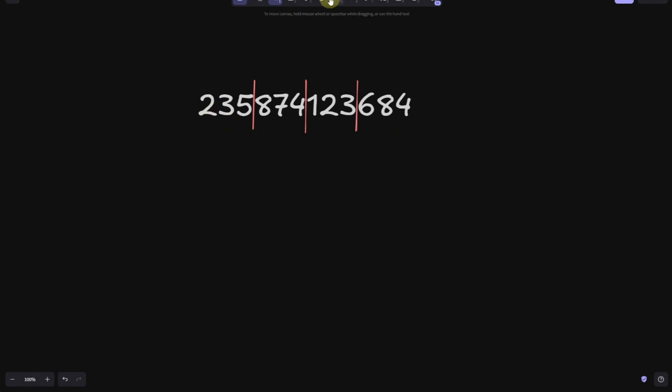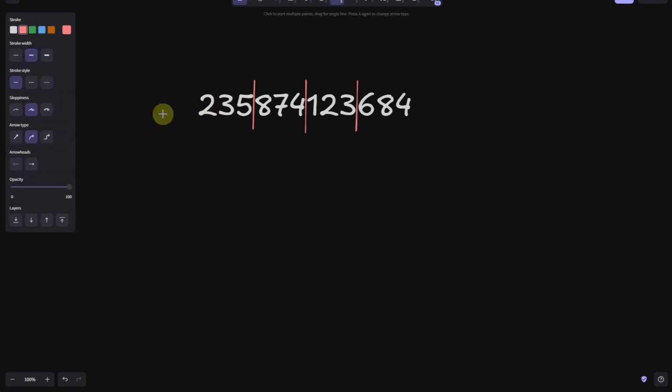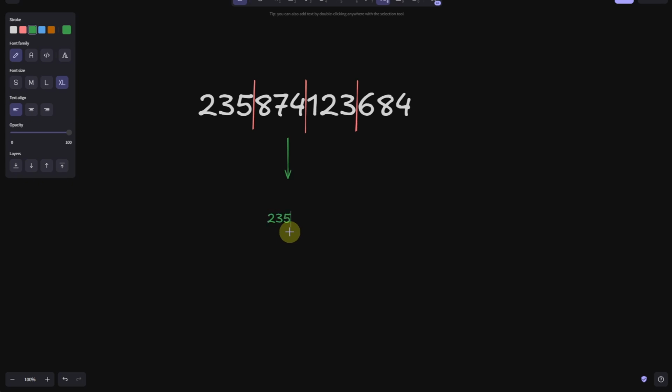So now the number is, let's put an arrow here and add a number here, and it's going to be 2, 3, 5. Then we add a dot. Let's make this bigger as well. Make it a different color. 2, 3, 5 and a dot. Then I want to take the 8 and the 7 from here and move down. Now I want to add a space